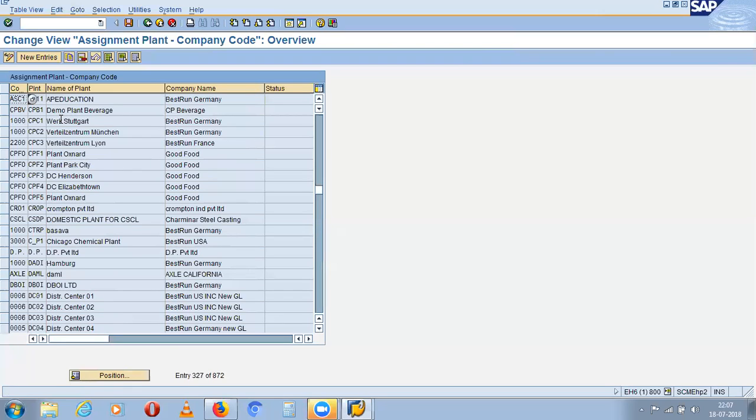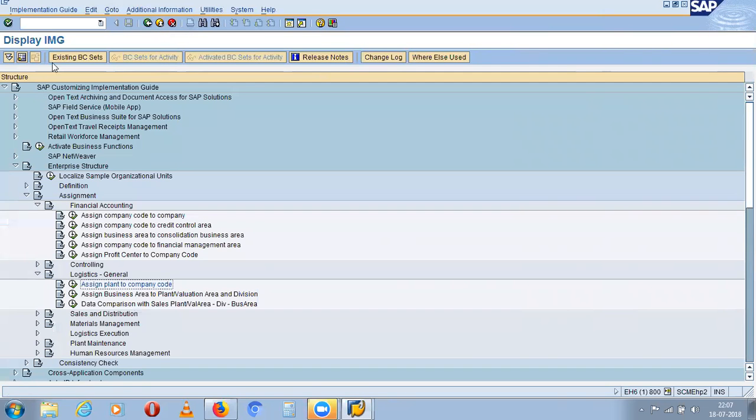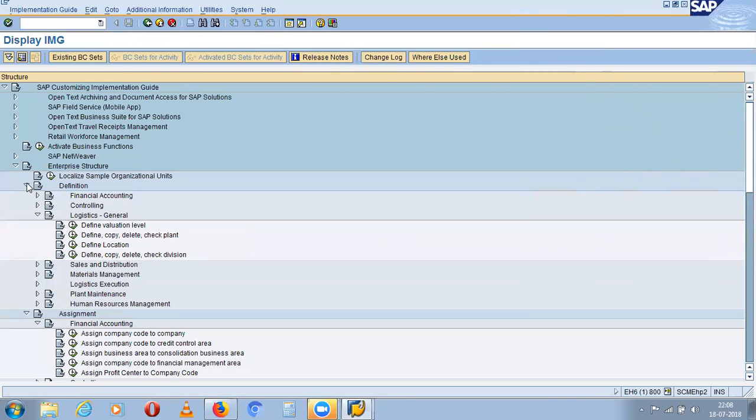So now, what is the next level? Next is storage location. Yes, exactly. So now go back. Definition.